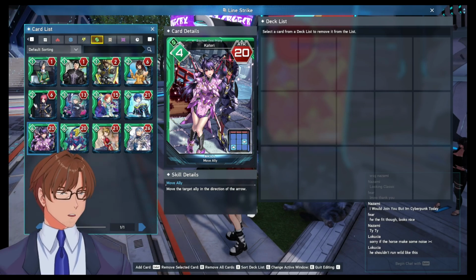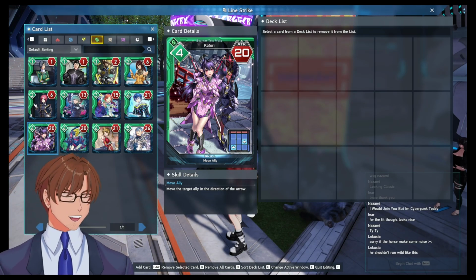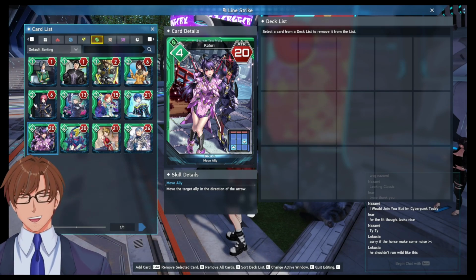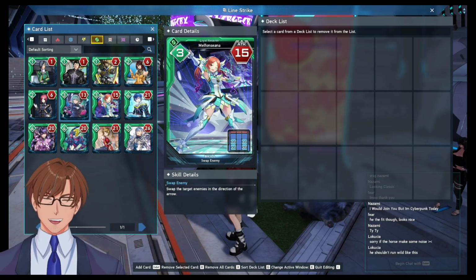What is your personal favorite element so far? I would say wind. I'm not gonna lie with you, I love wind cards. This is why I'm super excited to talk about move deck. All right, so